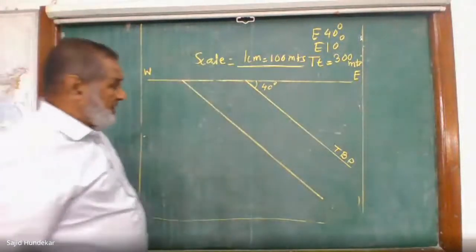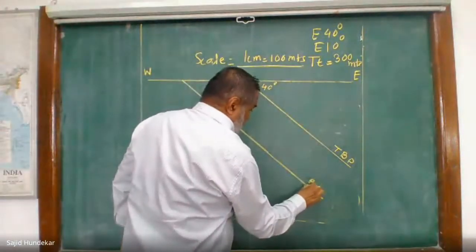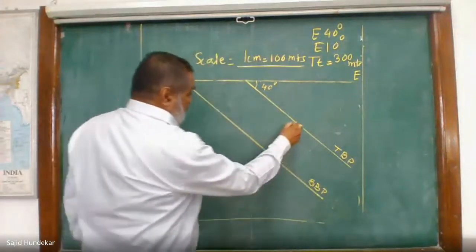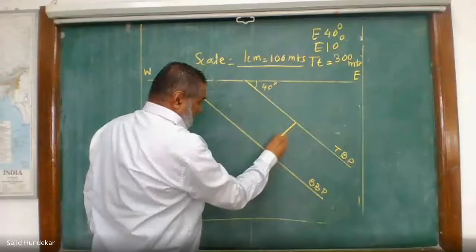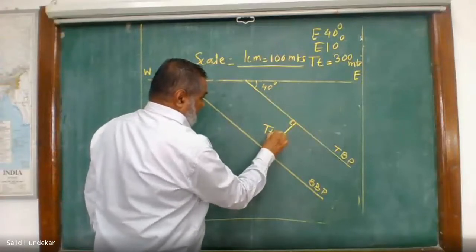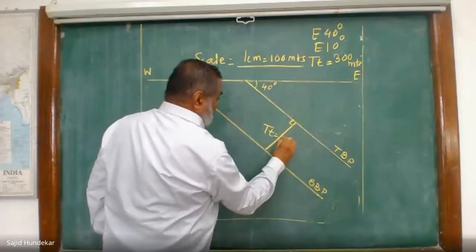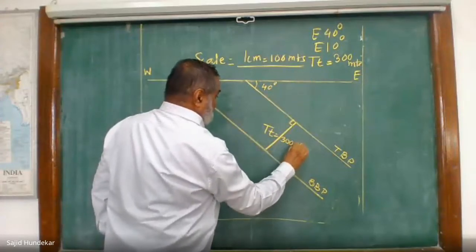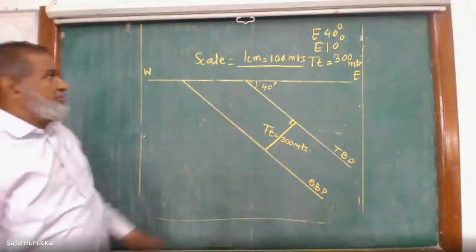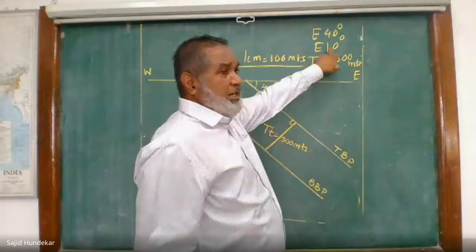So this is the top bedding plane, and this is the bottom bedding plane we have drawn. And what we have taken, the true thickness. How much have we taken here? 300 meters. Write down the value. This is given. Now the next one is the 10 degree hill slope.